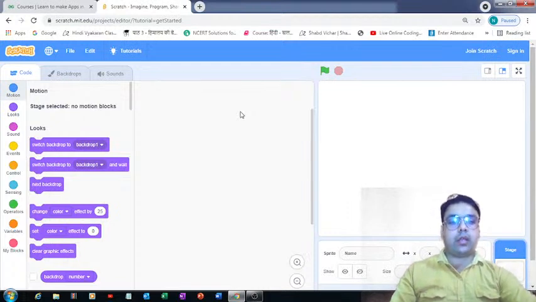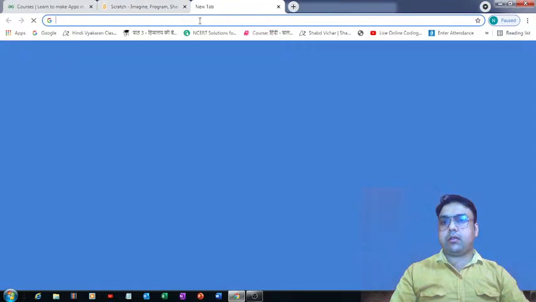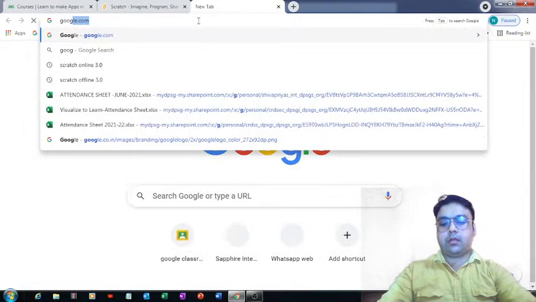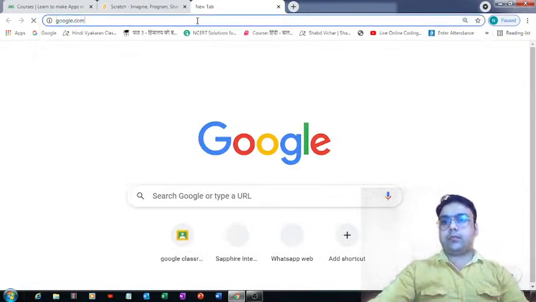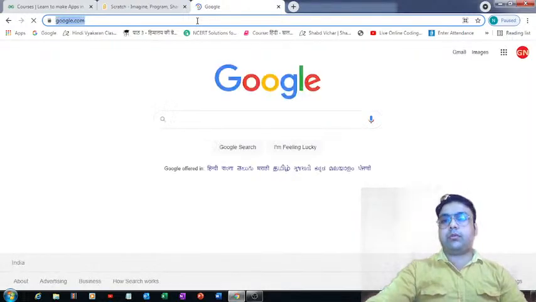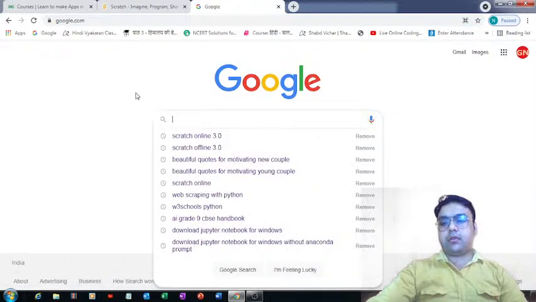Let's now see what all things we require for coding the Angry Bird game. The first thing I require is a catapult. From where can I get it? Let's make use of google.com. And as I keep telling you guys, you have to focus on your visualization part, right? Definitely it is going to help you a lot in your long run.